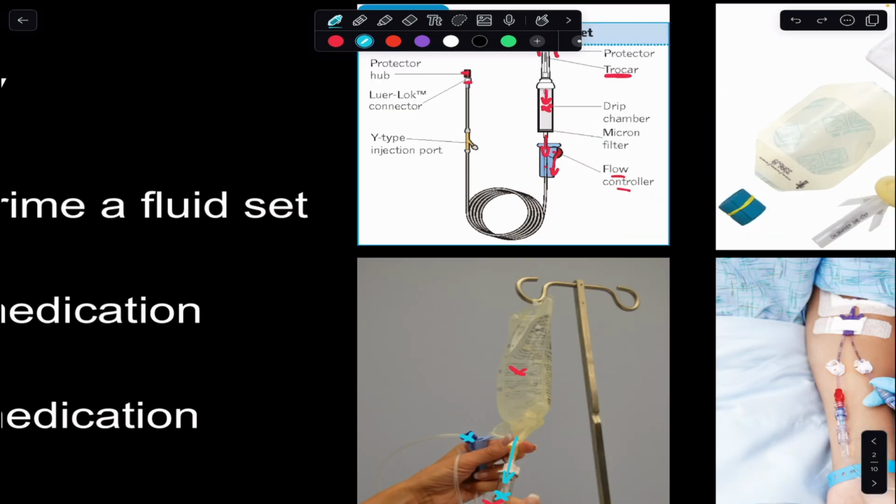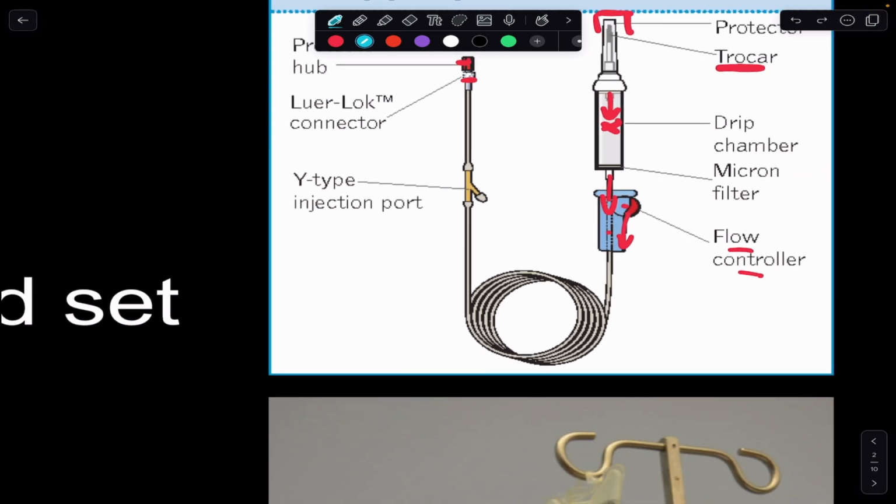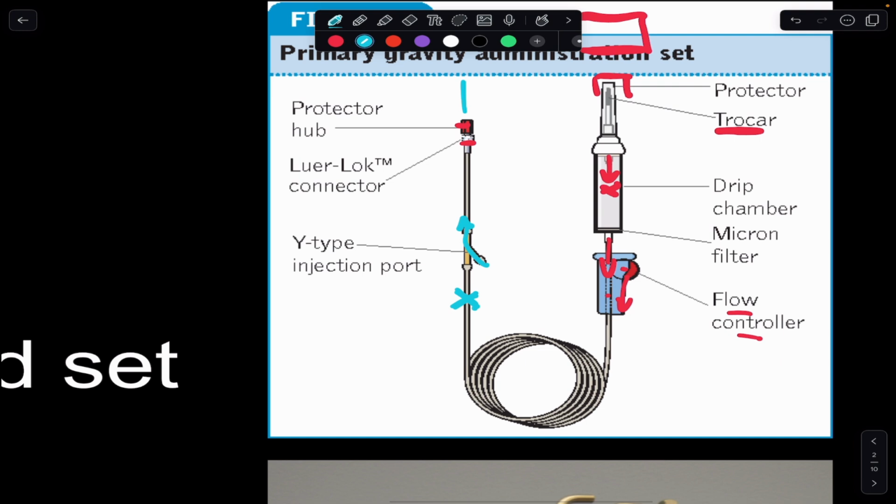If you wanted to flush a medication, it'd be the same thing. You would take a 5 or 10 cc flush, wipe down this piece, attach it, and then push the saline through there. That could be beneficial in a few different situations. So you might flush your medication through here before you deliver a medication if this line wasn't running. So maybe more in the inpatient setting, if they just had an IV in place, but this wasn't running, then you might flush saline through first to ensure that your IV is still properly placed, that it hasn't infiltrated. And then if you're able to do that, then you could push your